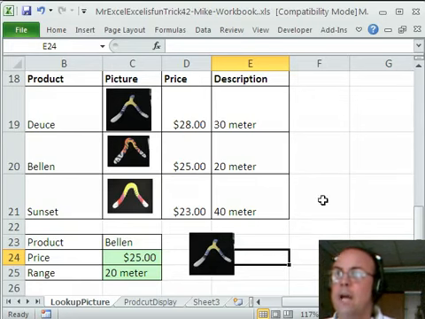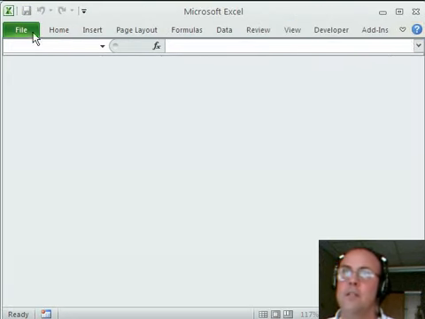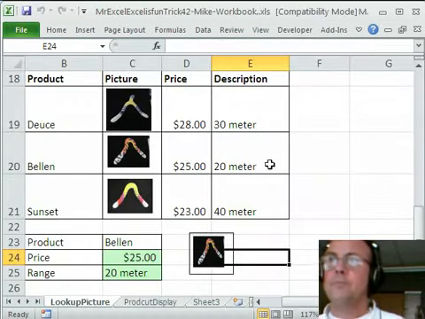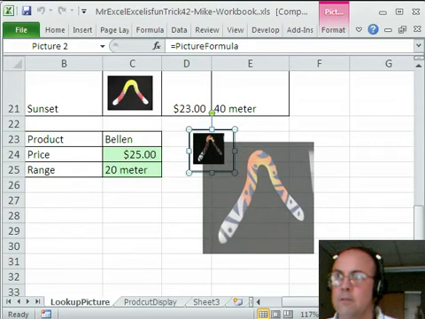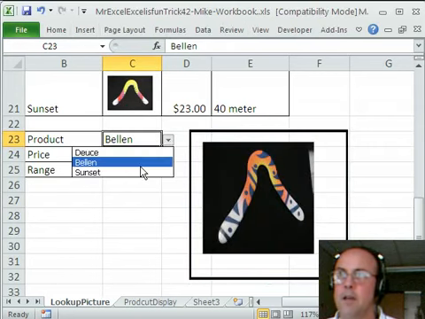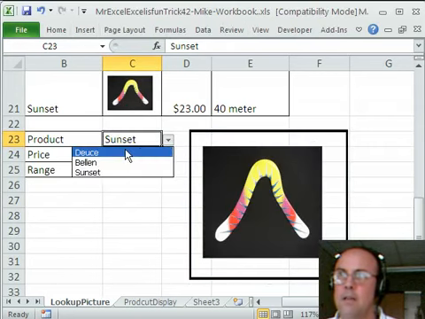If I Control S and close this, and then go ahead and open it back up. Now, sure enough, look at that. If I click on this Bellon right here and this sunset, oh, look at that. Deuce,